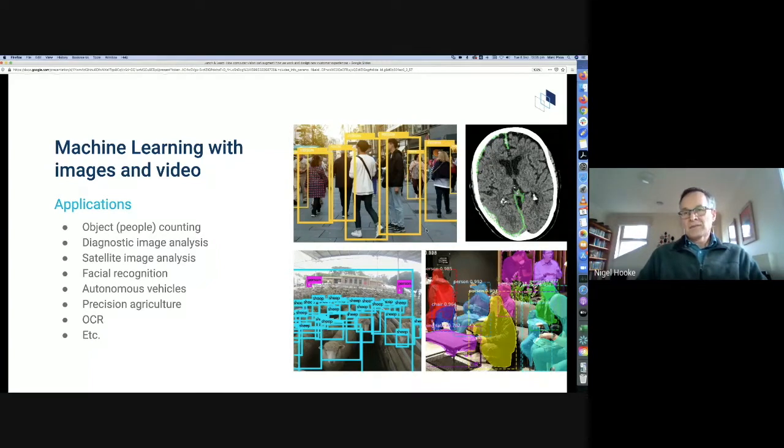And I have some examples on the slide here, but essentially, computer vision can process images in a variety of ways depending on the desired outcome. So if your intent is to identify which objects are in an image, perhaps whereabouts they're located, how many there are, then you might use an object detection algorithm, and whether you're counting people or sheep, it's essentially the same algorithm doing both. You may want to be looking at a more complex image, such as a diagnostic scan of the brain.